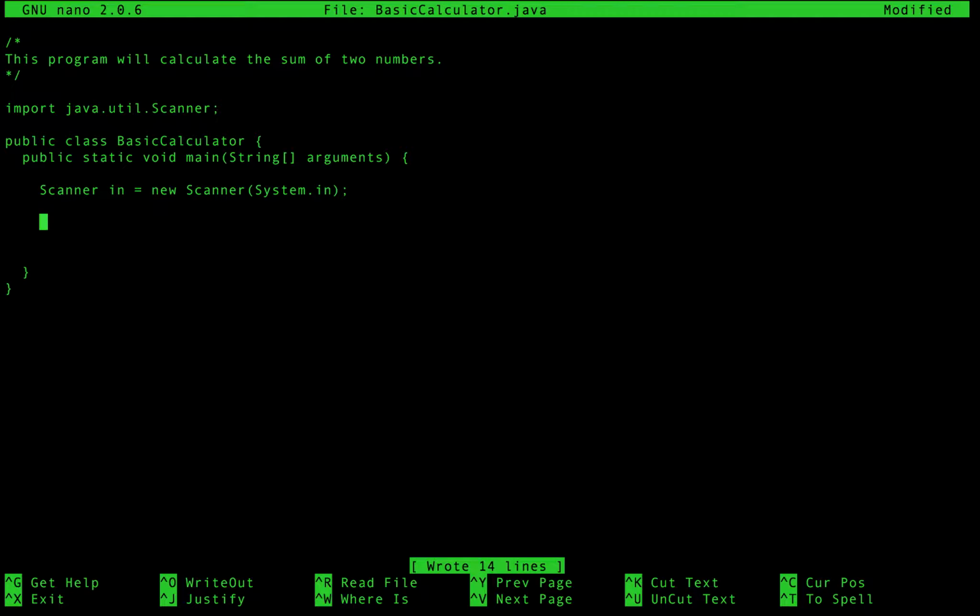System.in, just like System.out, allows us to retrieve input from the user. So Scanner in is equal to new Scanner(System.in). This allows us to build a Scanner that will read input from a user. Now the Scanner has a lot of different methods built in that allow us to read user input. So for example, we can tell the user